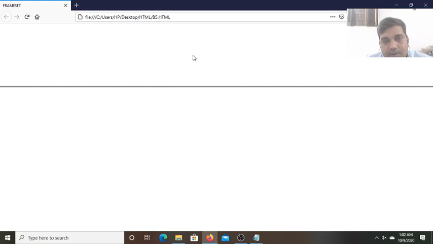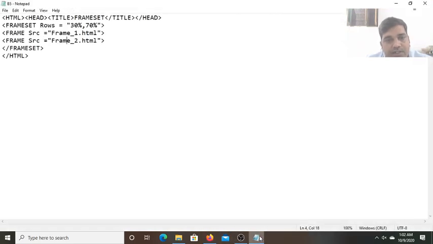how in the first frame you will see the first HTML file, frame1.html, whose background color is red and the text written is this is frame1. Now in the second frame you will see the second HTML file, frame2.html, whose background color is green and the text I have written there is this is frame2. Okay. So let me show here, if you divide this, in the place of rows you will write columns. So it will divide the screen.